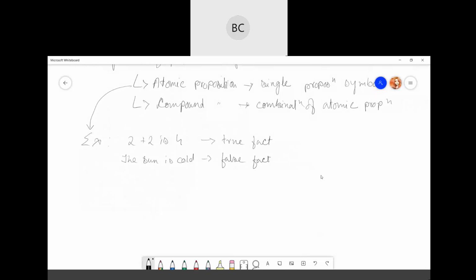So what can be an example of compound? Suppose: it is raining today and the street is wet. Then again you can say Ram is a doctor and his clinic is at Guwahati.